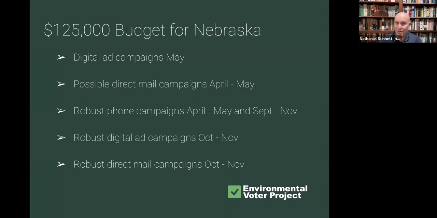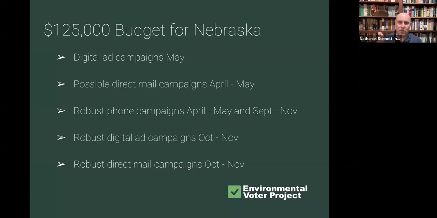Now, don't get me wrong, we are going to go big this fall with phone campaigns and digital ad campaigns and direct mail campaigns. But what we are also going to be doing is mobilizing these voters over the next month. Because on May 14th in the state primary, there are not only some important elections, but it is a crucially important opportunity to talk to our target voters early. And the reason that's important is twofold. One,